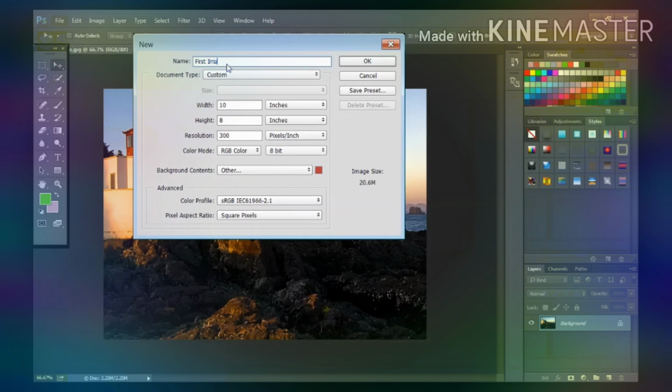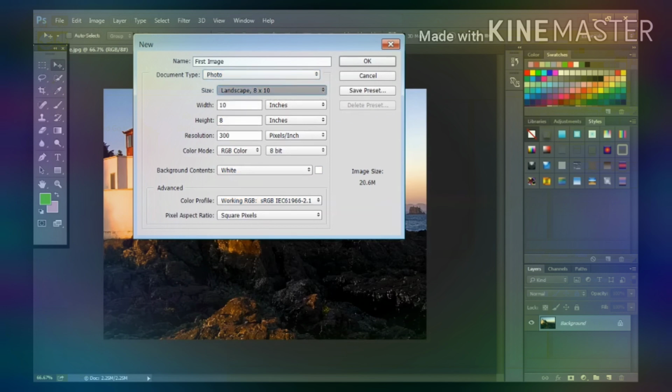I am giving here first image. Then document type. Which type of document you are going to create, you can select that. There are different types of documents like default Photoshop size, US paper, international paper, photo, web, mobile app design, iconography, artboard, film and video, and custom. I am selecting here photo.